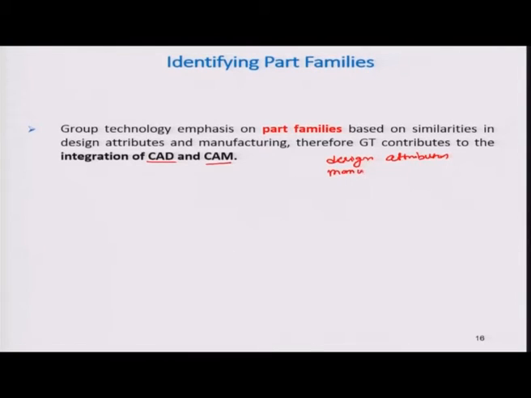The design attributes relate to CAD, and the manufacturing attributes relate to CAM. So in the actual case you are clubbing CAD and CAM. That's why group technology is the complete integration of computer aided designing and computer aided manufacturing.